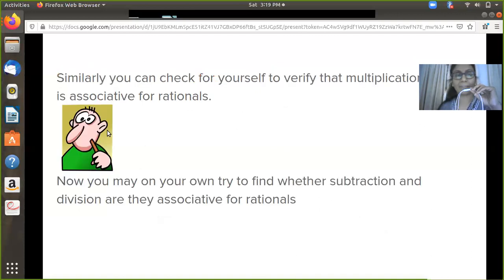So what would happen if I subtract, multiply, or divide the rationals using the associative property? Do you think this property will still hold good, whether it is multiplication, subtraction, or division? So again, the task is for you to verify whether I can say the property of associativity is true for subtraction, multiplication, and division of rationals. So lots of work waiting for you. So go ahead and try to complete these verifications on your own.